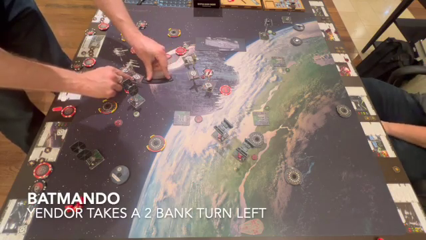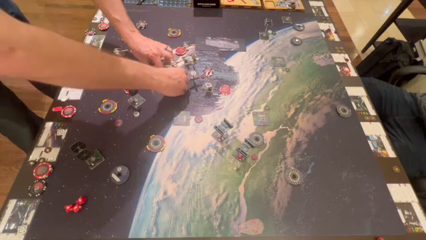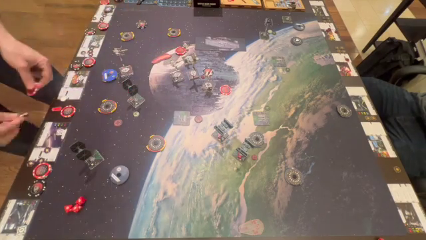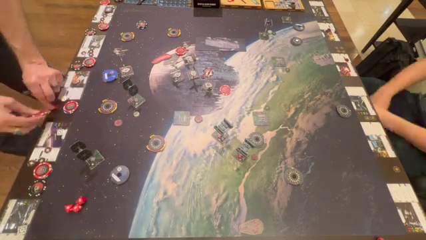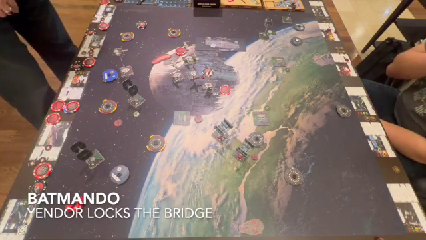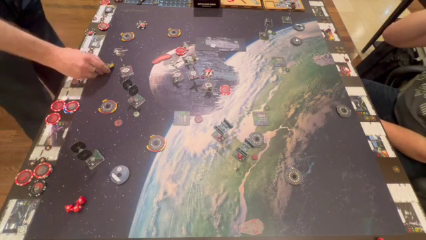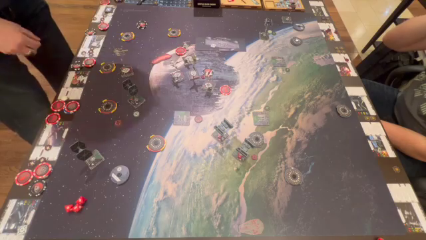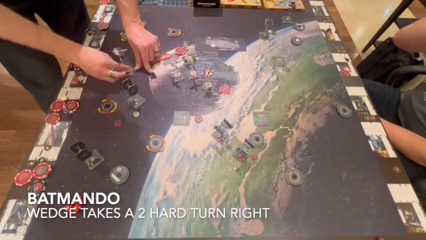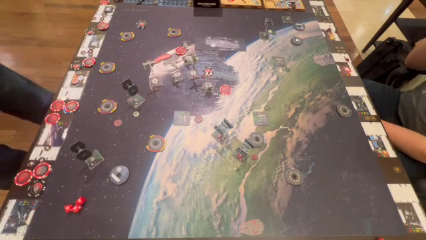And then Endor taking a 2 bank turn left. Looks like it's pretty close to his buddy there, but it's not that close. So now Endor taking a lock on the bridge because Endor has those wonderful munitions that we will see used later. Okay, Wedge taking a 2 hard turn right at this point in time because I cannot just let these